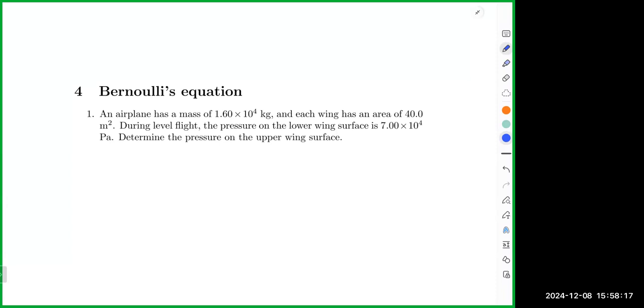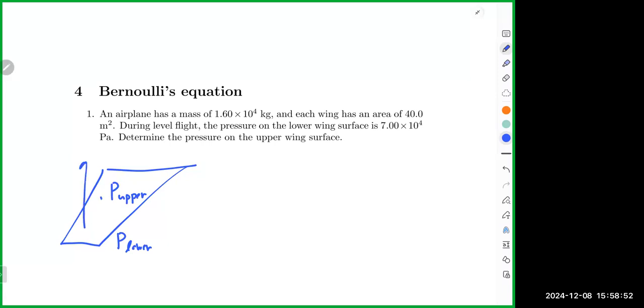Okay. Just consider the wing of the plane, okay? The wing of the plane. The plane can fly due to the difference between the pressure of the upper and lower, okay? Here, P upper and P lower. If there is a force lifting here, a force lifting the airplane,